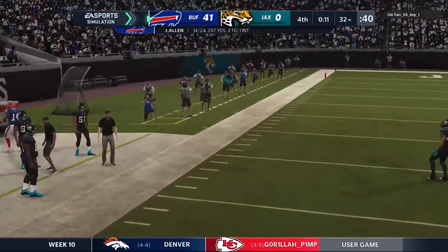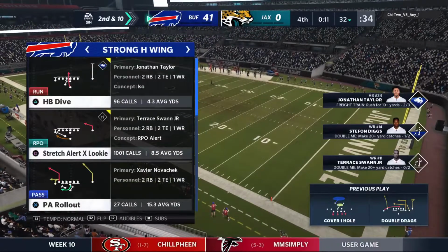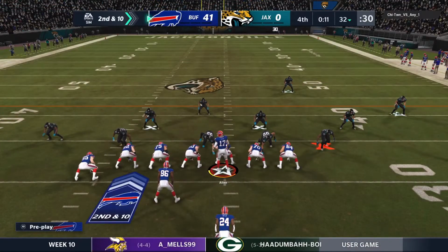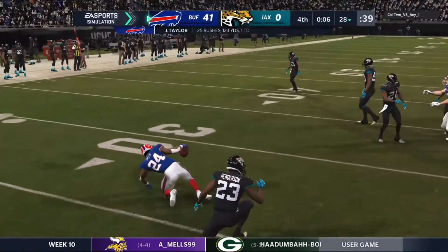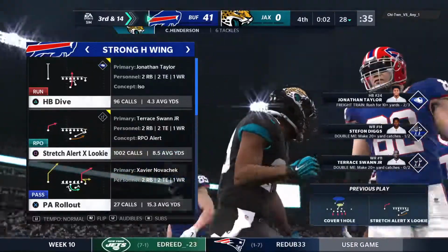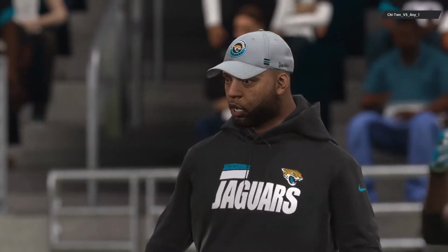And that'll be incomplete with 11 seconds remaining now. Stephon Diggs, his intended receiver. But it's going to be second down. Here's 2nd and 10 now from about the 32. They'll run with Taylor. And for one of the first times all night, he is going to go nowhere as they bury him behind the line. Chalk that up as a 4-yard loss. And now it's 3rd down. So it's a victory here for the Buffalo Bills. And I tell you what, Charles, this might be about as good